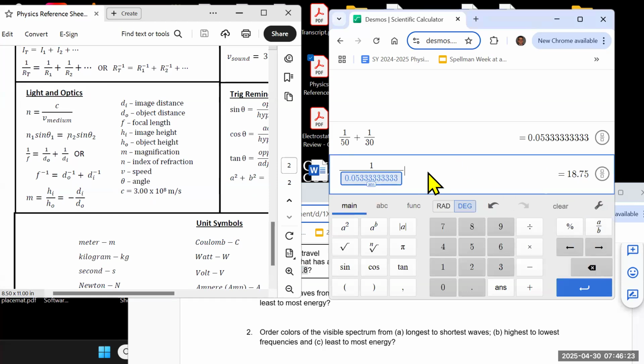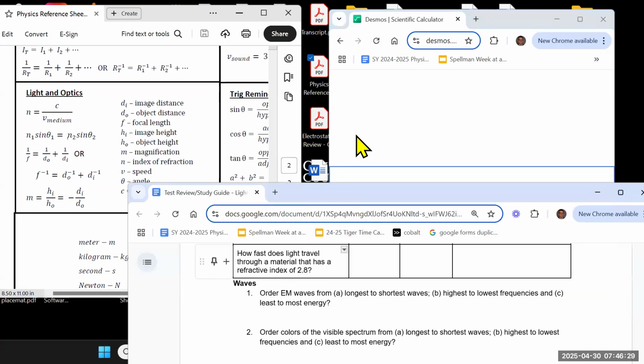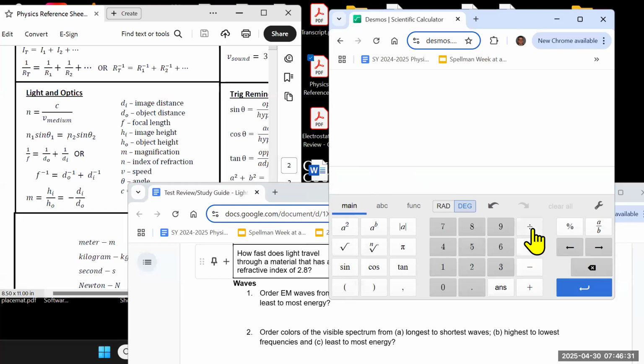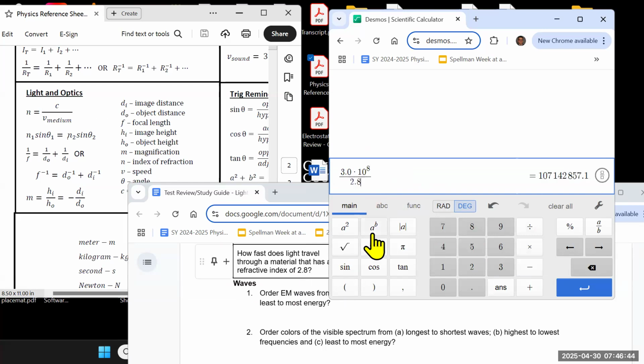And this is also another one where if you did it upside down, or you did it backwards, your answer should tell you if something's wrong, because we're talking about how fast does something travel. And we should get a pretty big number right here. All right, so c is going to be at the top again, 3.0 times 10 to the 8th. And I'm going to divide that by the refractive index, which is 2.8. And so I'm going to get this number right here, 107,142,857. Again, copy paste that directly into your answer box if you're asked for an input, and that should be